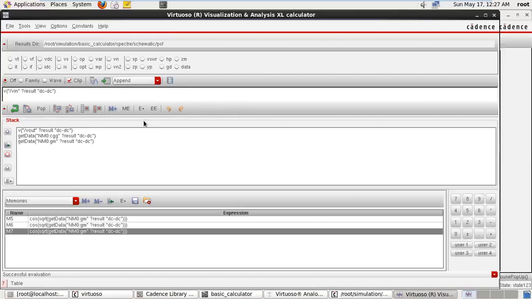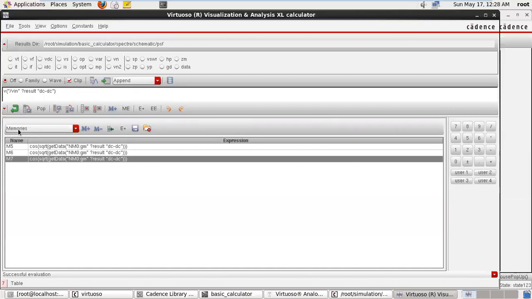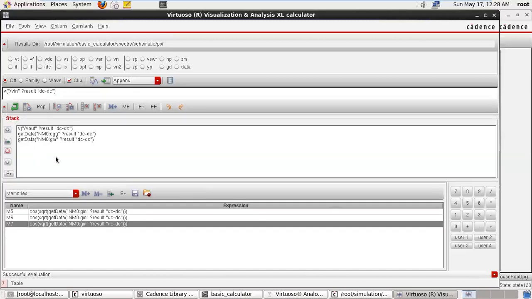Now, what are these commands? So now we are learning about these commands. On the left hand side, this is the hide stack command. When you press this, your stack is hidden, and when you press it again, it shows your stack. So this is the hide or open stack command. This is a push buffer. When you press this, content of your buffer will be copied into your stack. This is not move, this will copy the content of buffer into the stack.